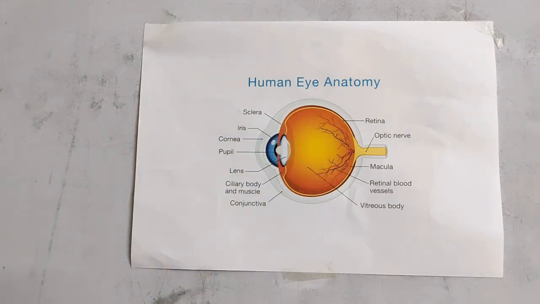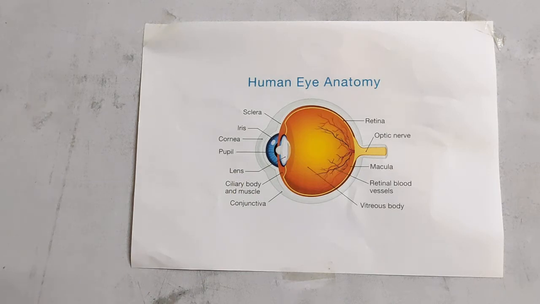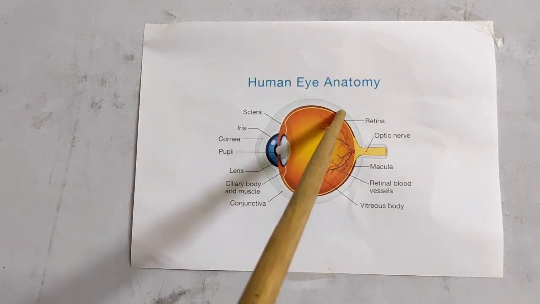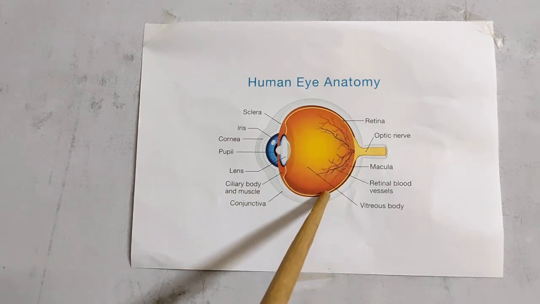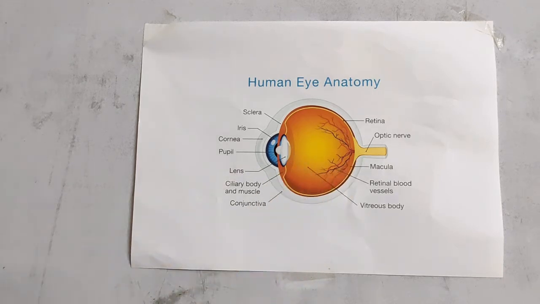The lens is composed of fibrous jelly-like material. If in case you wear a lens for the power you have, that lens is also a jelly, or you can say a fibrous or transparent material. Yes, it is the same thing. It provides the focused real and inverted image of the object onto the retina. This maroon colored dark line given here, right outside, is the retina.